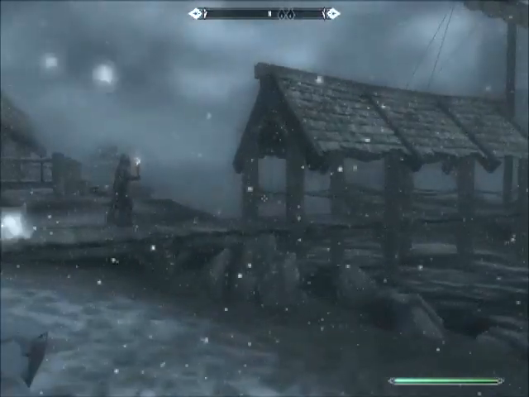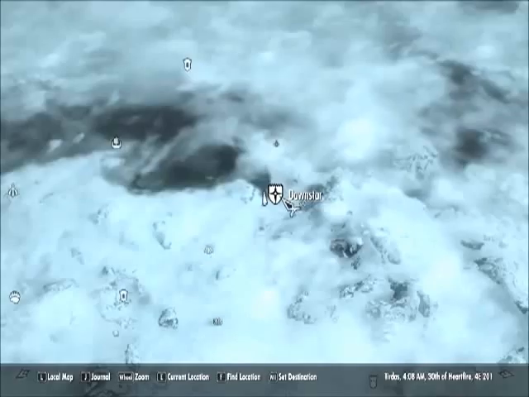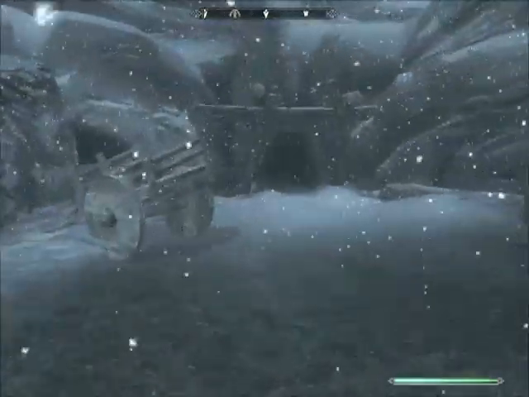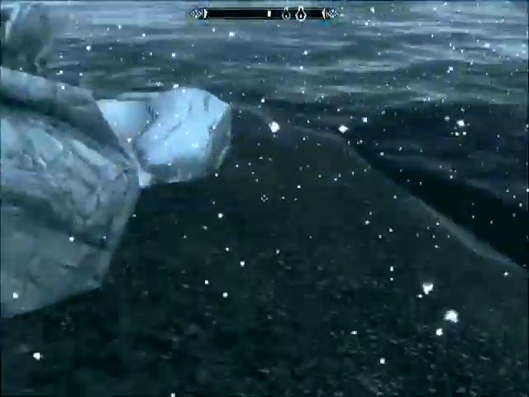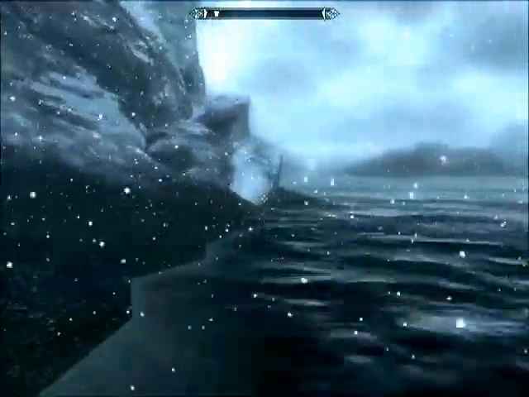Anyway, step 1. Go to Dawnstar. You know where Dawnstar is. It's one of the major cities. You go to Dawnstar and you head toward Quicksilver Mine. Go along the boats, go along the shore here. Keep going around